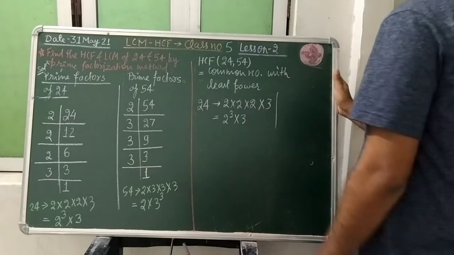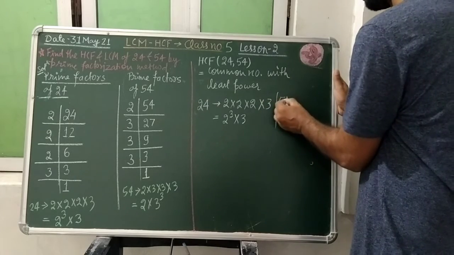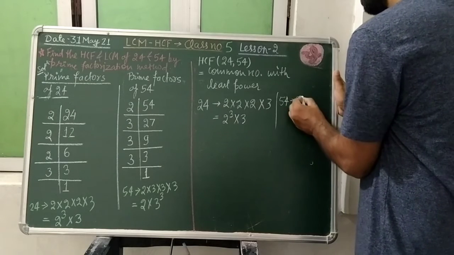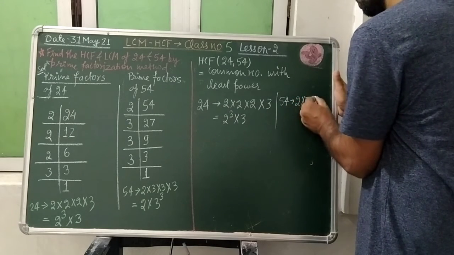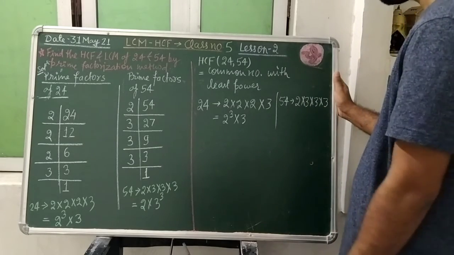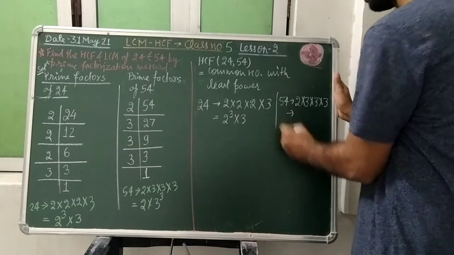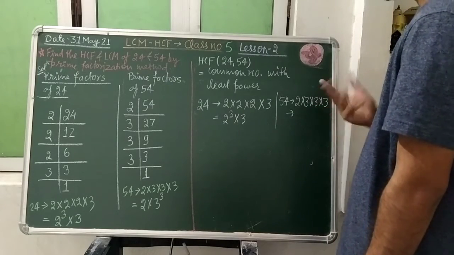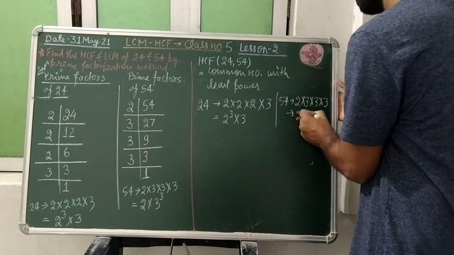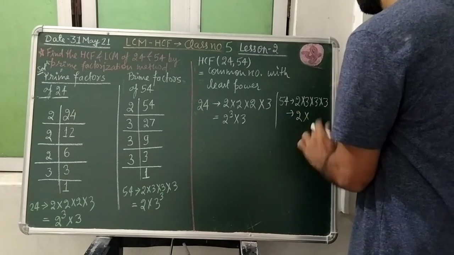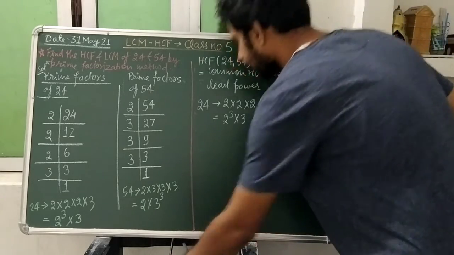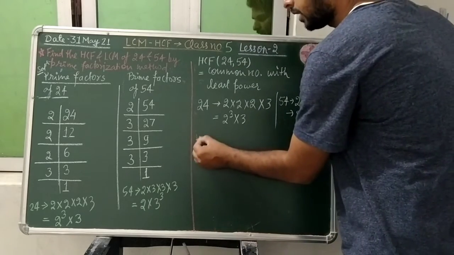And when we are talking about this 54 students? We have seen that 54 we can write as 2 into 3 into 3 into 3. Is it? So here you are looking that number 3 is present 3 times, so this number 3 has the power of 3, so this is 2 into 3 to the power 3.